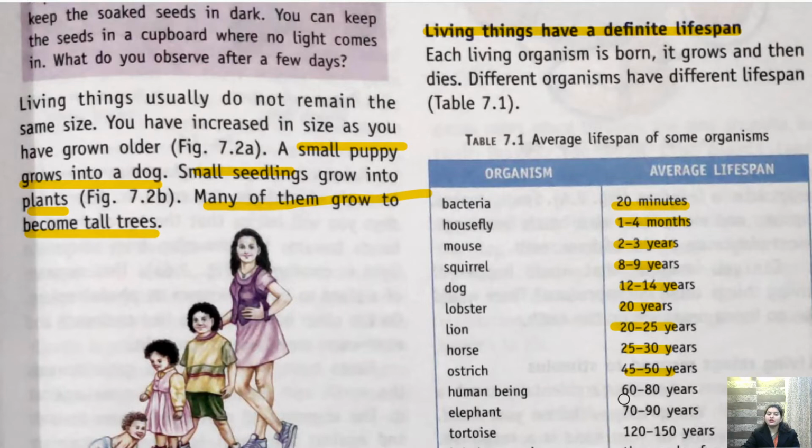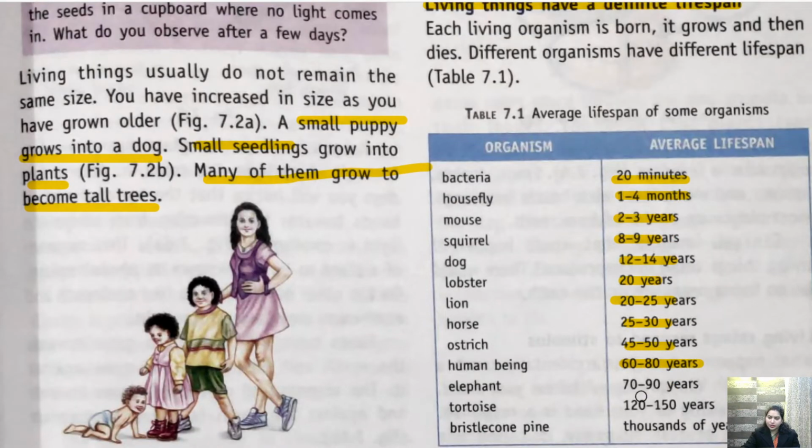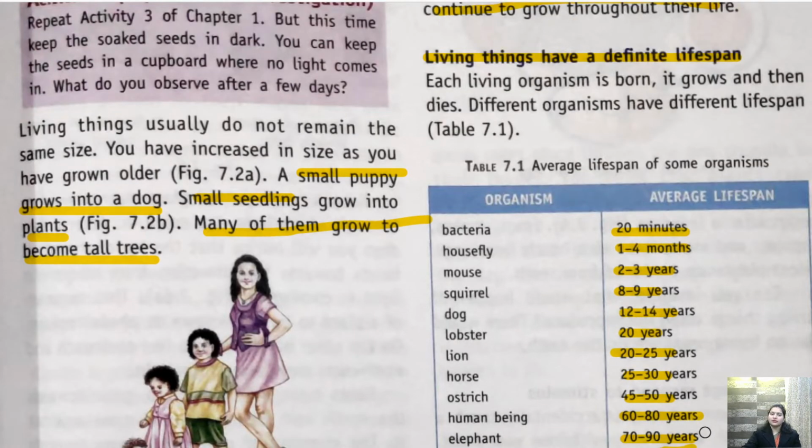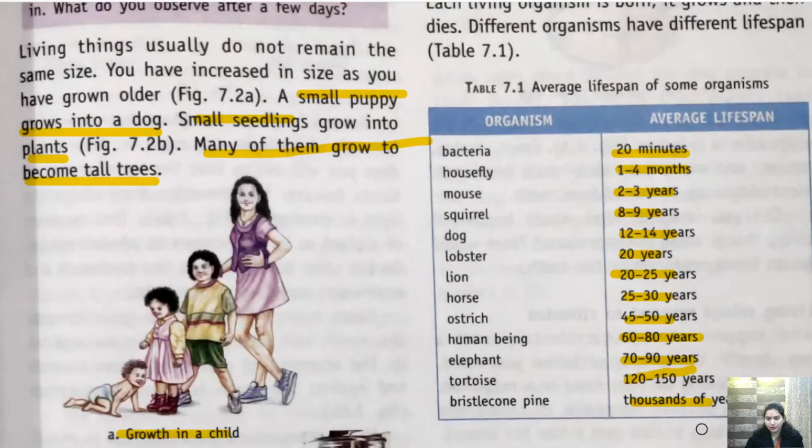Human being, the average lifespan of a human is 60 to 80 years. Okay, elephant 70 to 90 years. Tortoise 120 to 150 years. Bristlecone pine, thousands of years they can survive. Okay, so this is the average lifespan of living organisms. Okay, so all the living things have a definite lifespan. They have to die one day. Okay,